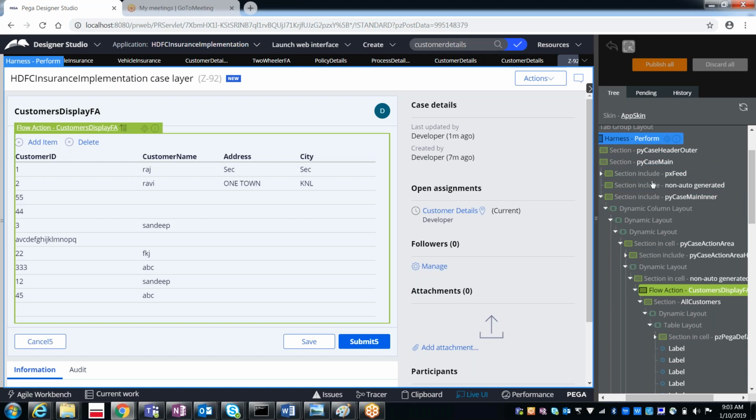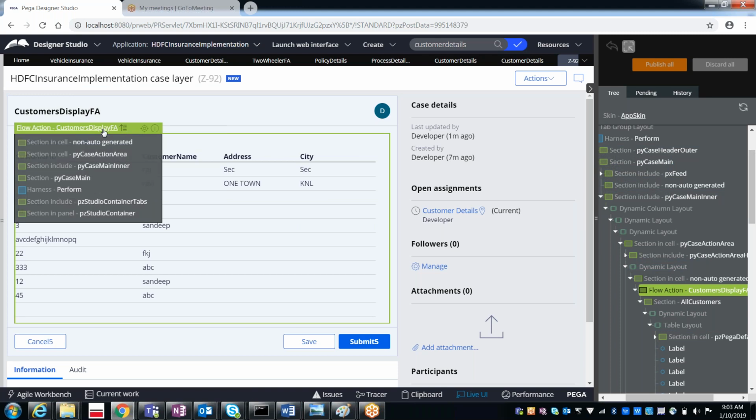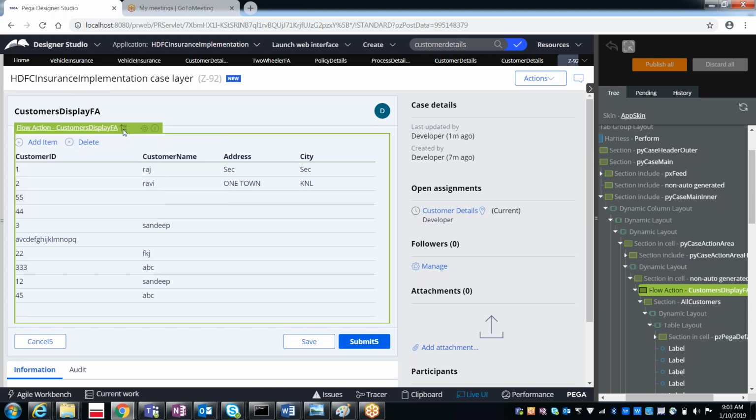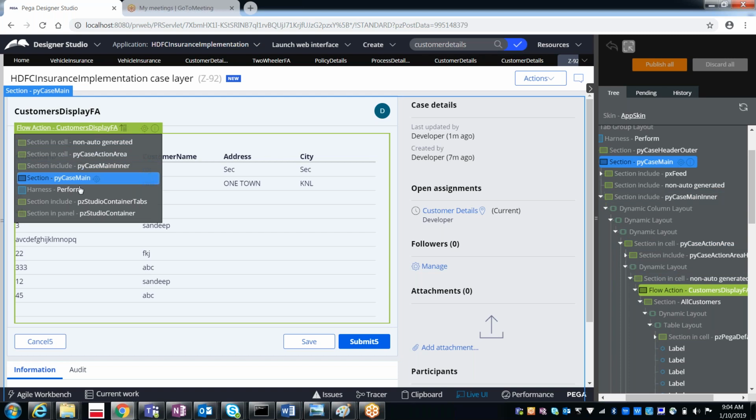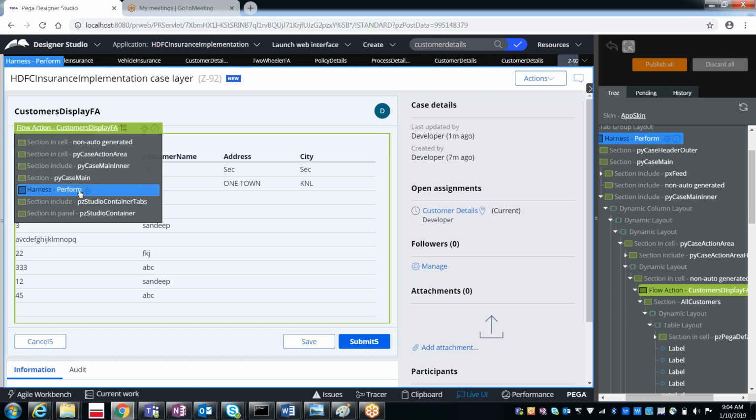In case you find it difficult to refer to it like this, there is one simple way. Where this flow action is, if you just click it and select this up arrow, it is showing this. So this is under the perform harness.